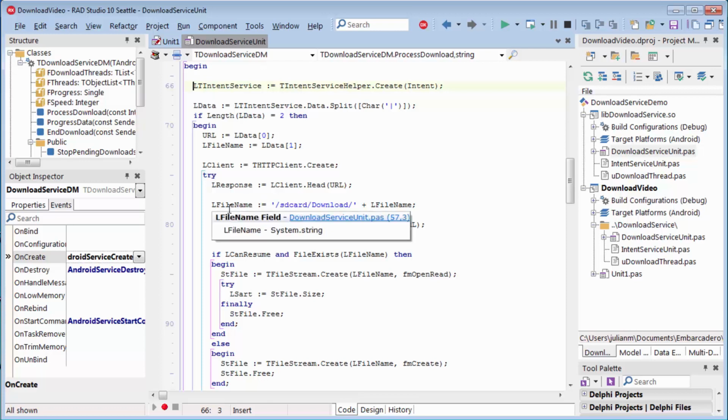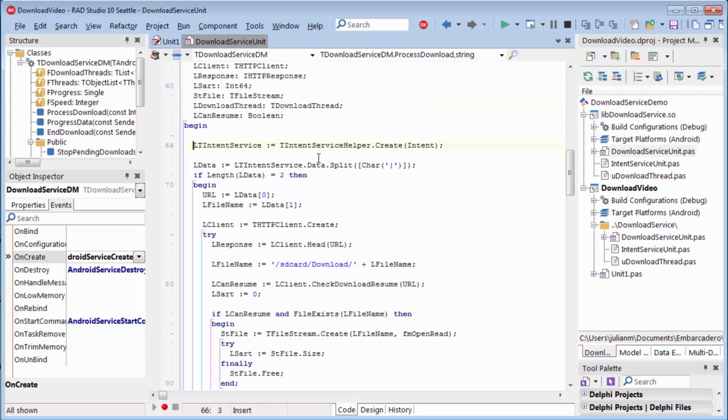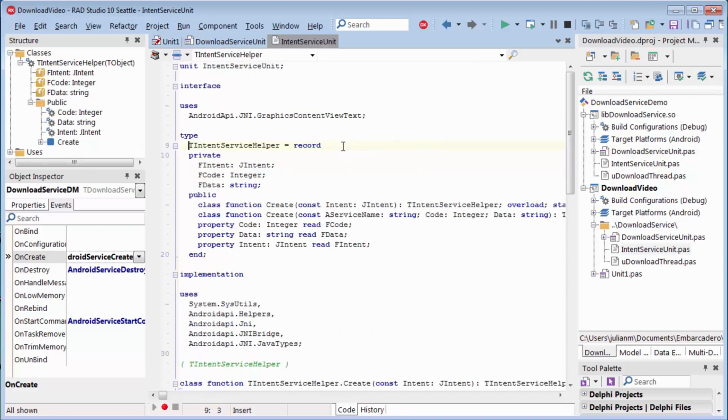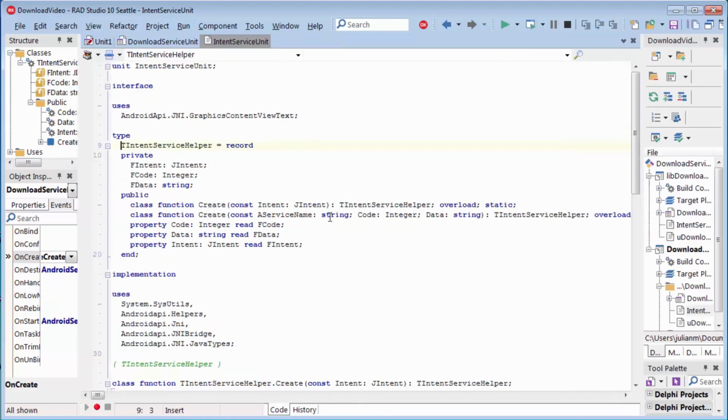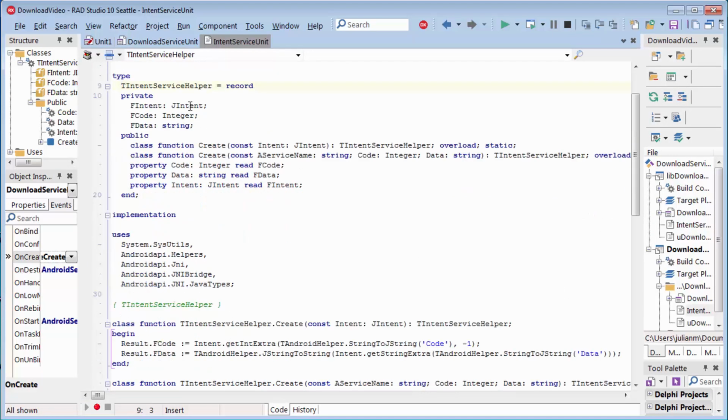the first step we do is read the intent. For that purpose, I have created a little helper. It's an intent service helper to make it easy to process the intent. This is a very basic class that can be expanded to a more powerful class if needed. It's a record